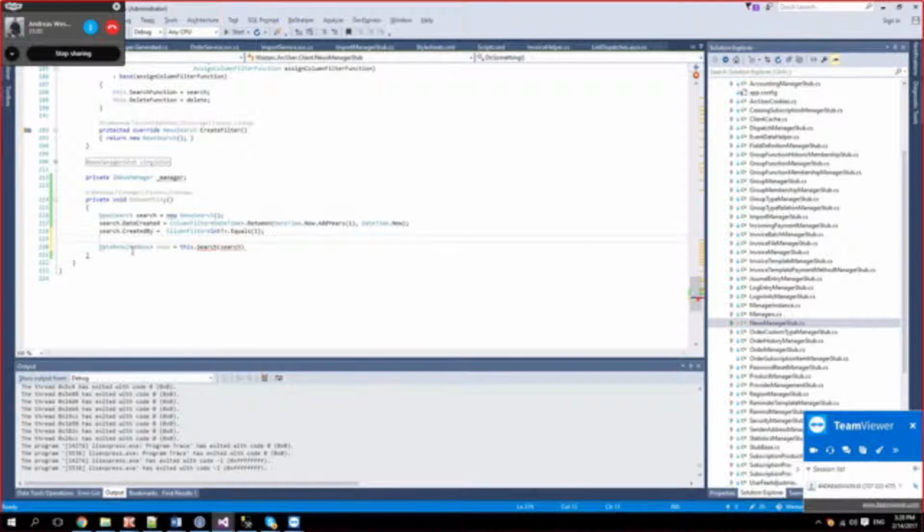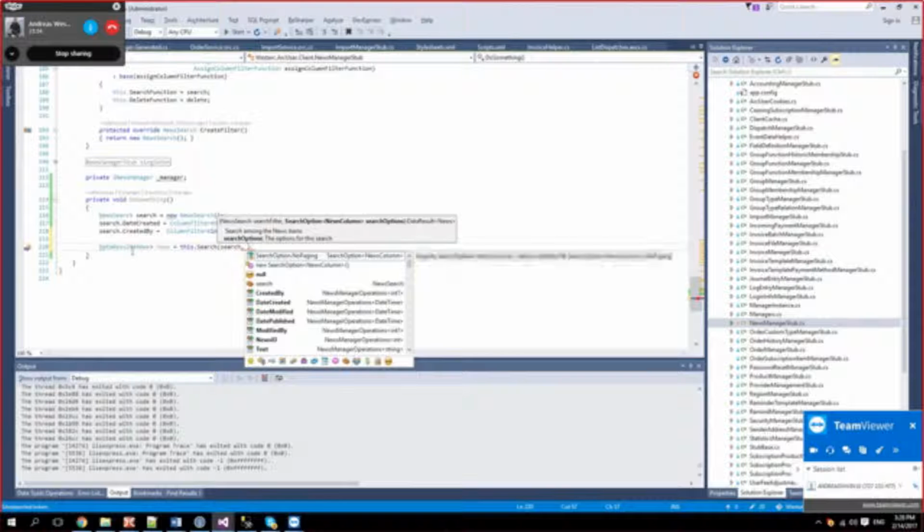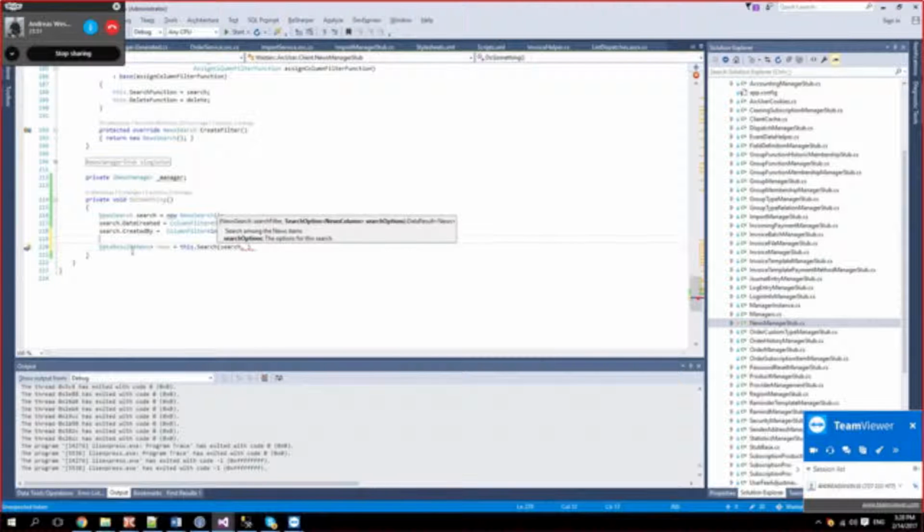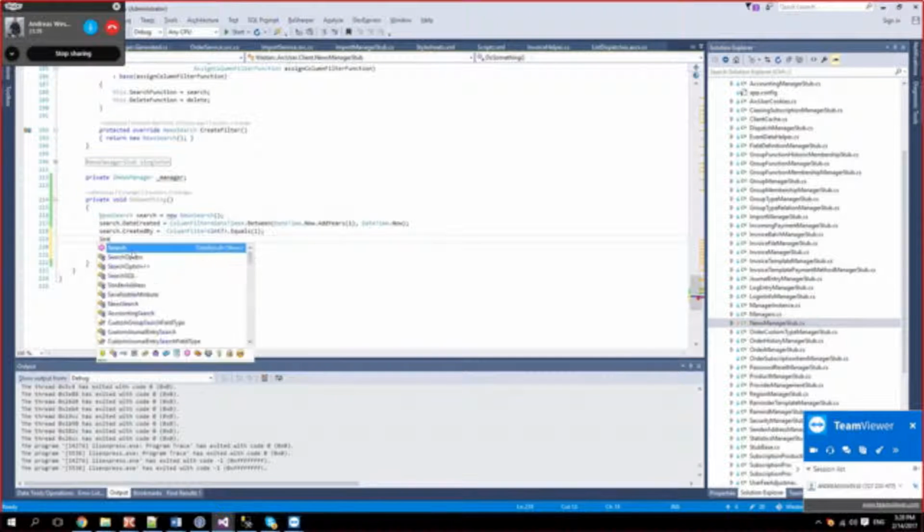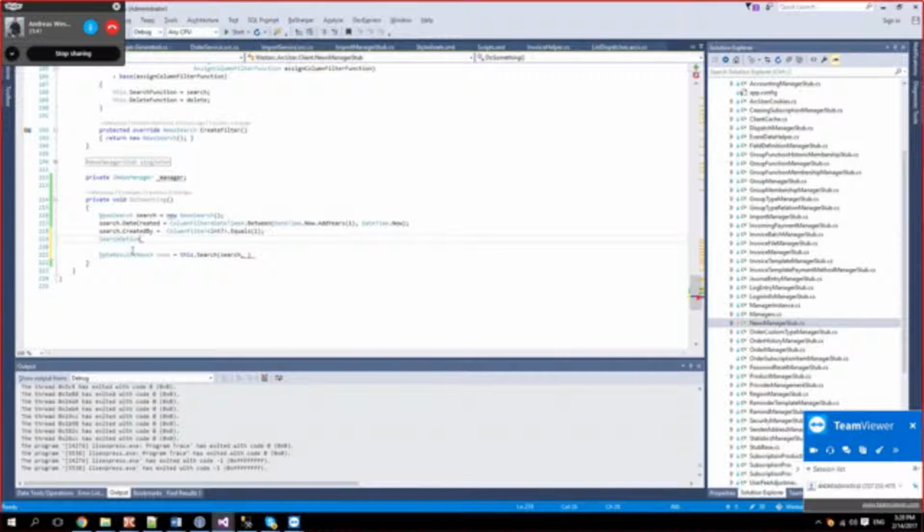Anyway, so this is the filter clause of the SQL. It directly corresponds to the filter. Besides that, I can also order stuff. So I got this search option.